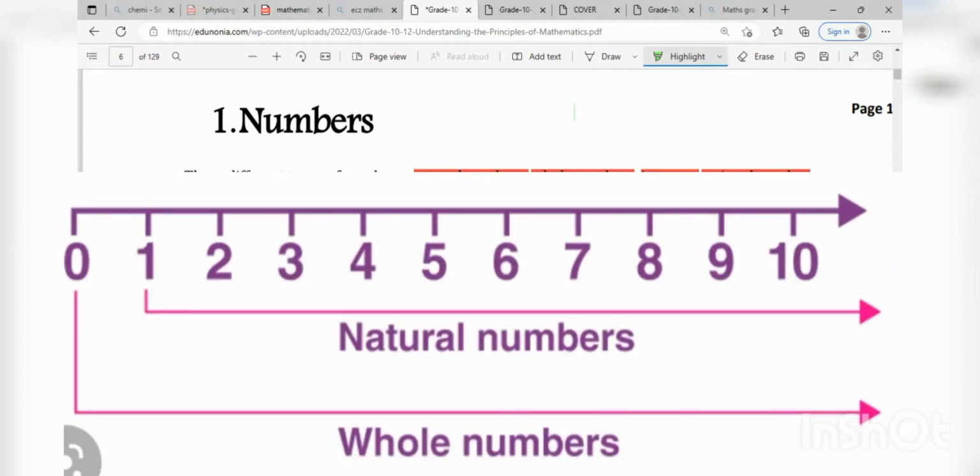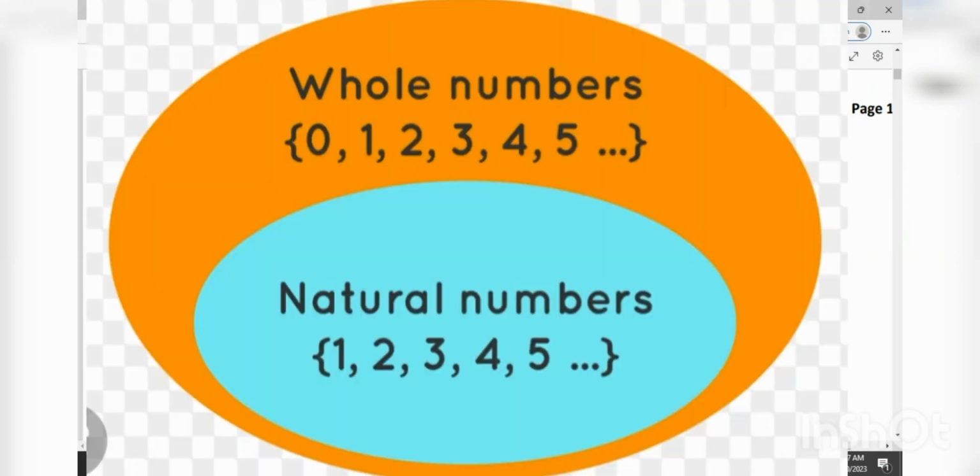These are counting numbers. A natural number starts from 1. It is a set of natural numbers like 1, 2, 3, 4, 5, 6, 7, whatever. All the counting numbers that you know are natural numbers. When 0 is included in the set of natural numbers, they are called whole numbers. So the difference between whole numbers and natural numbers is that whole numbers start from 0, natural numbers